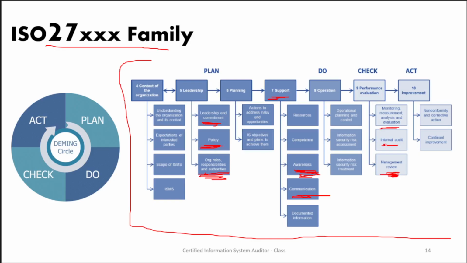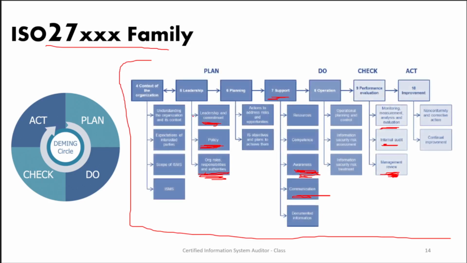So you will find that all of these terms and requirements are somehow related to what we have discussed during our course. Human resource security is very important because in ISO, for instance, we have requirements for human security. So we need to have resources management, we need to have compliance, we need to have